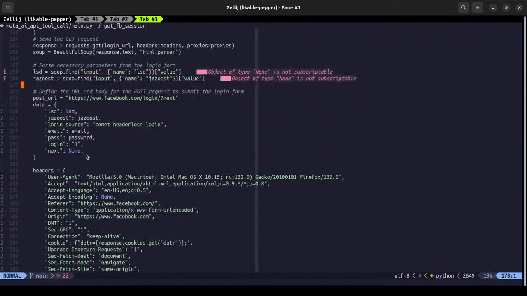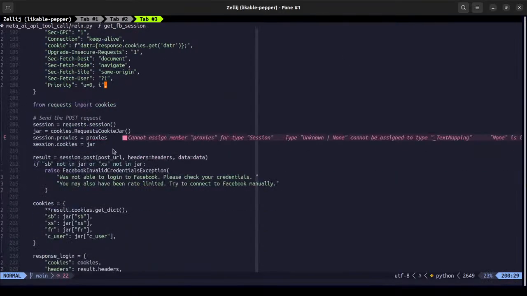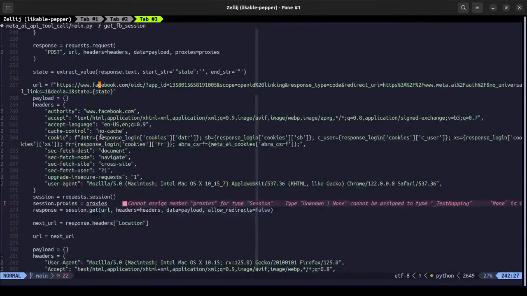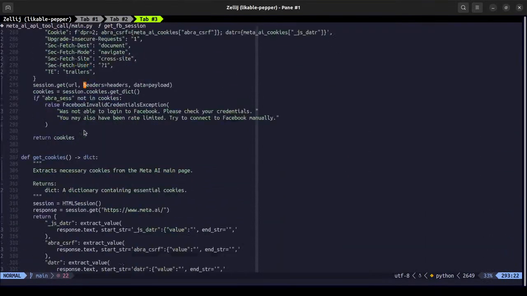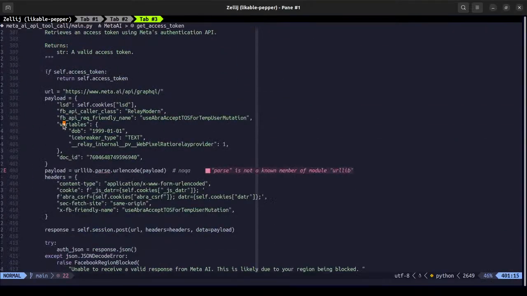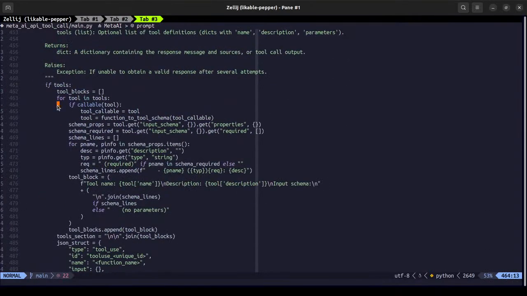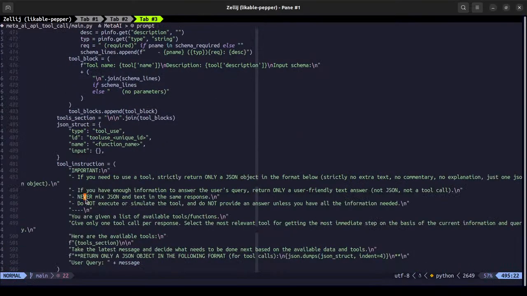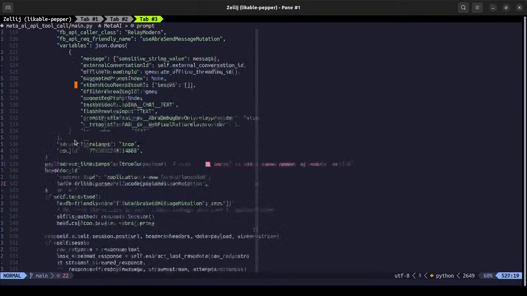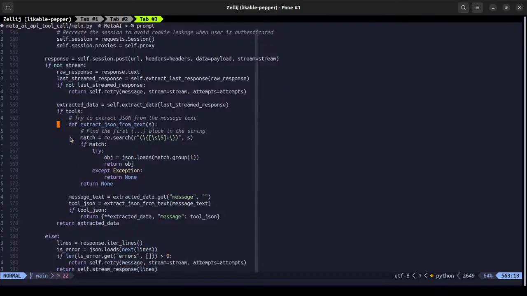When we pass the prompt and we get the payload back, sorry, the response back, we try to search for the string, I think only in here.